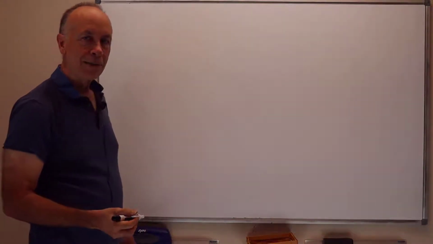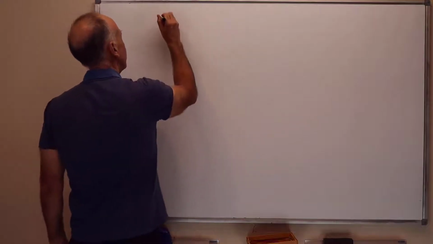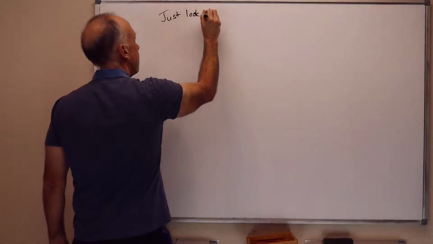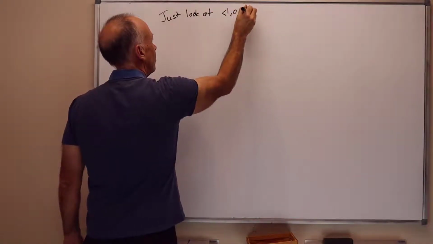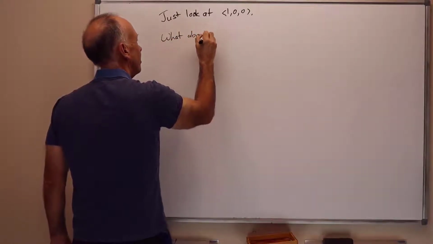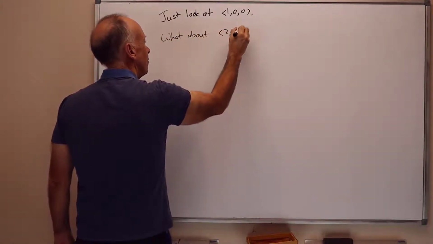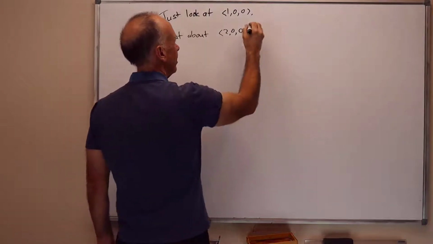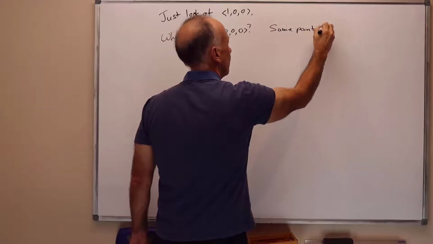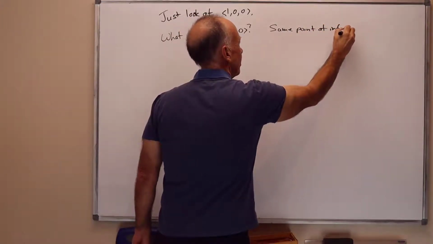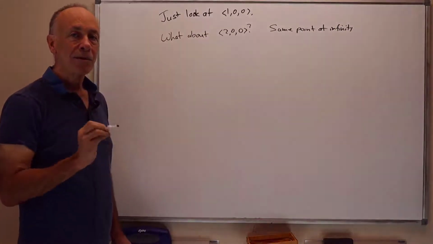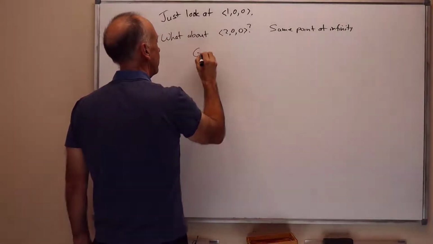Let's push this a little bit and talk about the other points at infinity. So we just looked at 1, 0, 0. That's a point at infinity. What about 2, 0, 0? Well, this turns out to be the same point at infinity. The reason for this is just that when we multiply by a scalar, we represent the same point. So the general principle